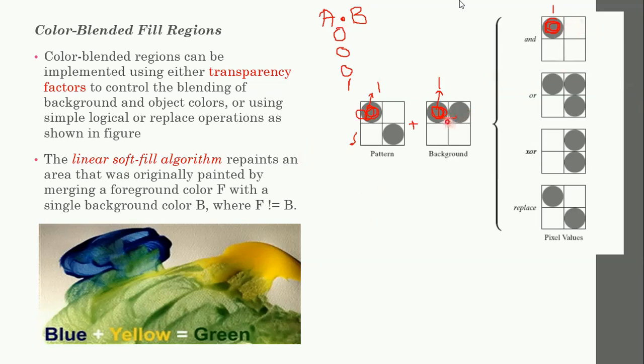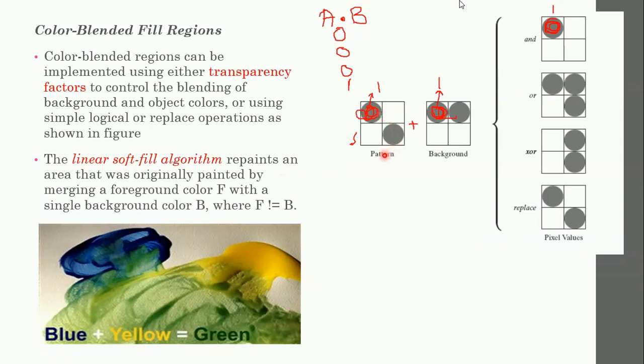And again, here you have 0 and 0, you get 0. So that is what is being displayed. Again, you have 1 and 0, you get 0. So that is how the logical operation is applied here to display the content on the screen.